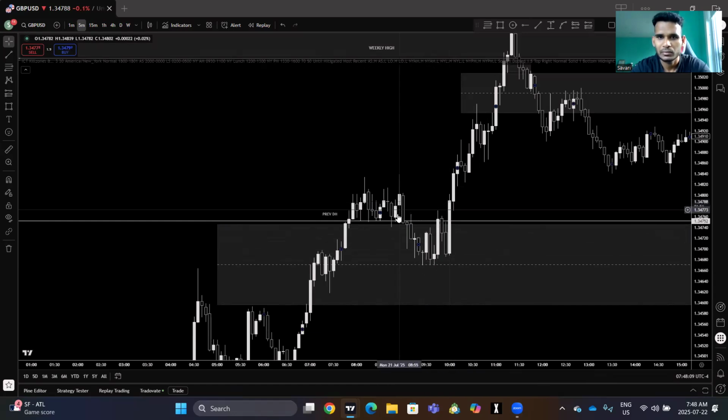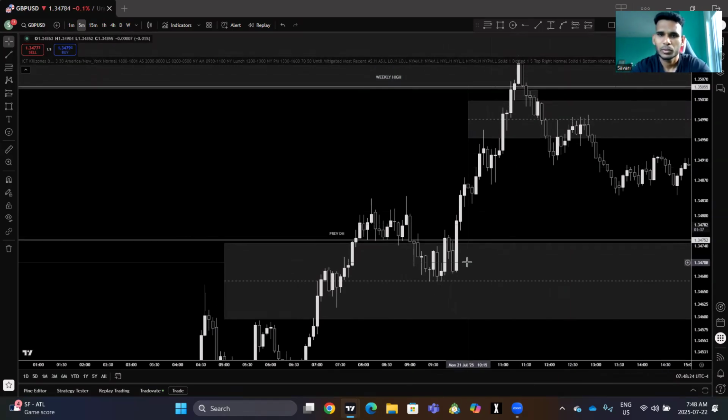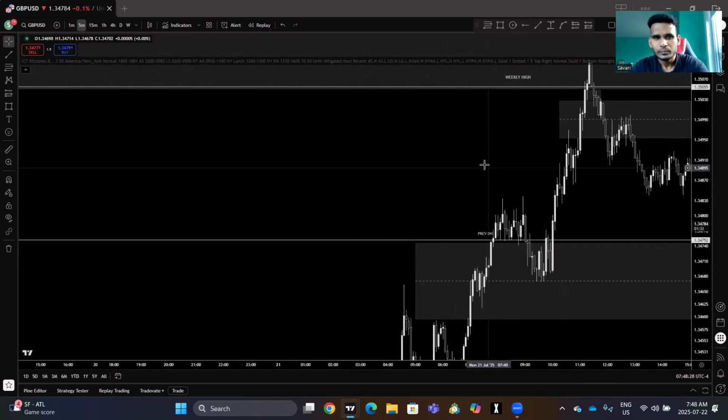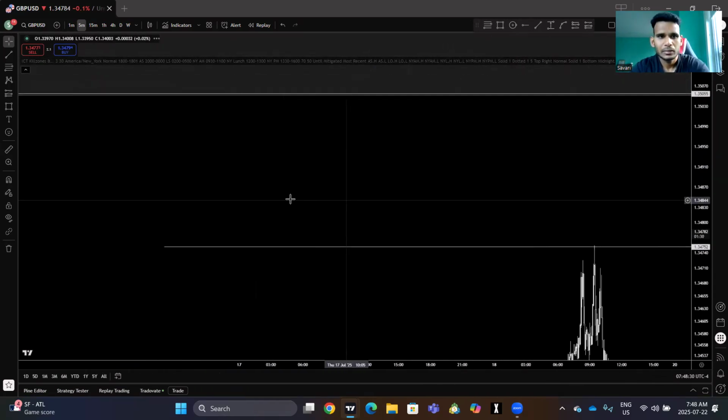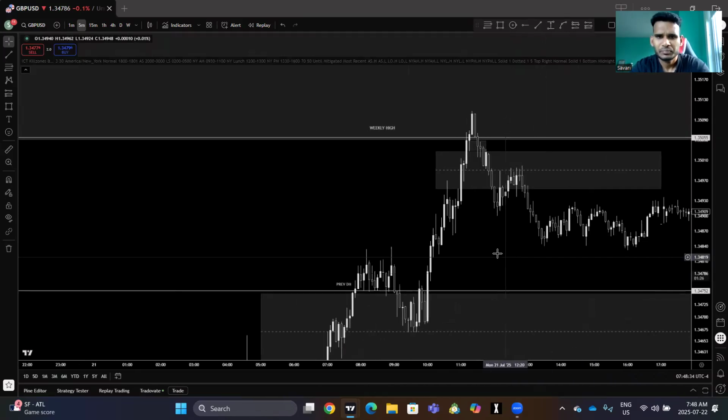There is a last fair value gap, and that last fair value gap acted as resistance. It clearly held the price. The next candle came and dipped into that fair value gap, respected it, and went all the way up, and we can clearly target. I also marked this weekly high and the weekly fair value gap, right? So I can potentially target this. There is no pullback, it goes all the way up to that point. I have to clear out this news candle. It gives some reaction, but I don't find much of it.